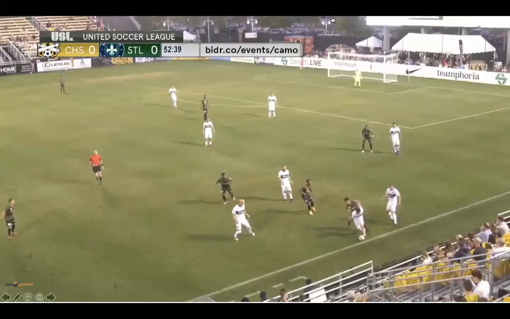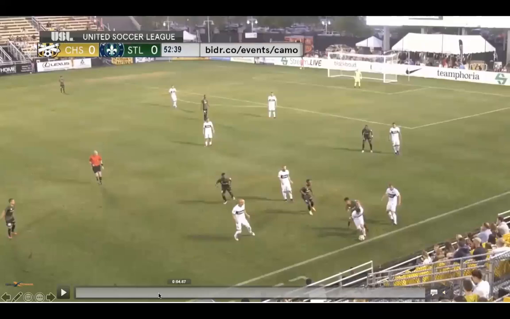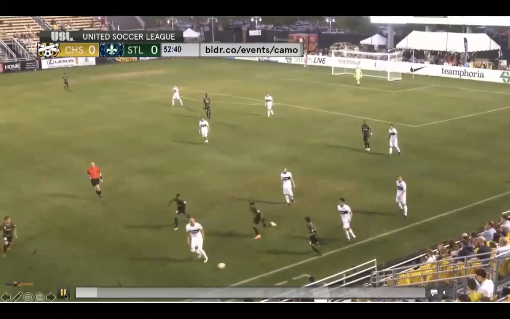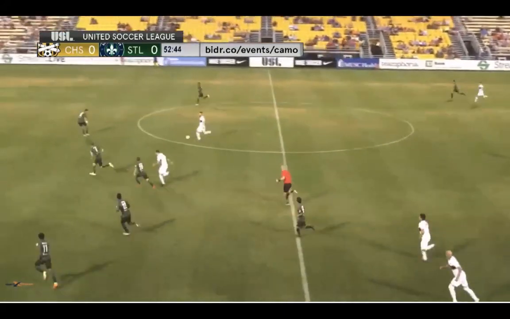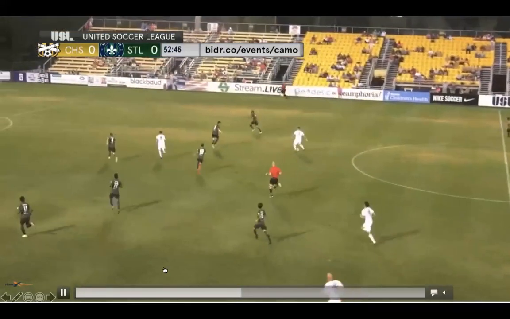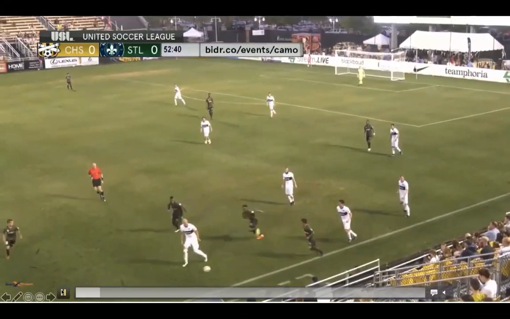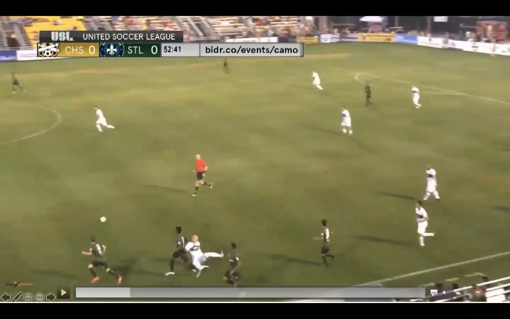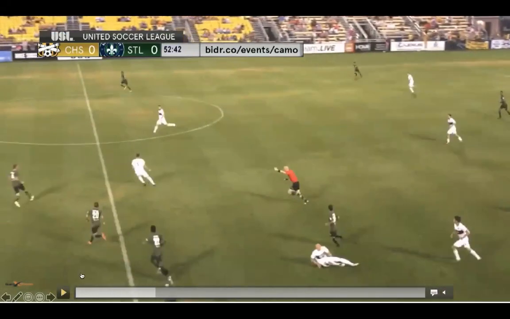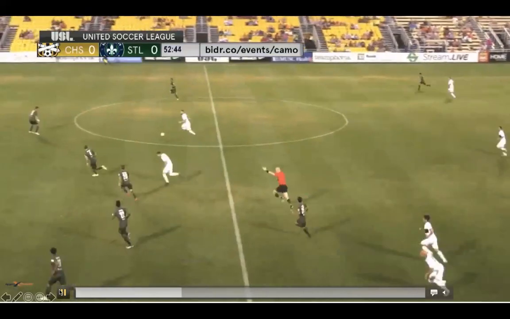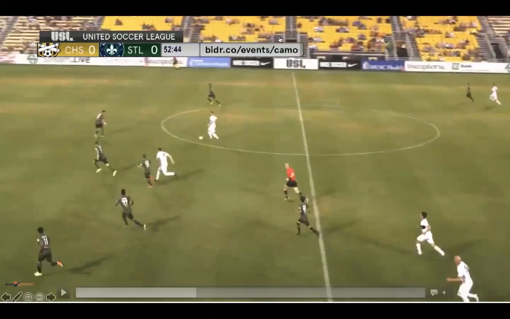So I want to test what we've done tonight to see what we think about advantage. So I'm going to play one clip. I'm going to put a poll up, and I want to know what you think. Here we go. That's it. Foul happens right there. Now let's decide, should we give this player an advantage? Knowing what we see right here. All right, I'm going to launch the poll. Tell me what you think.